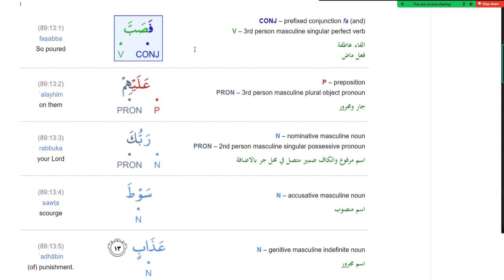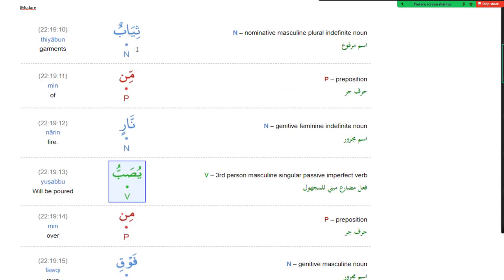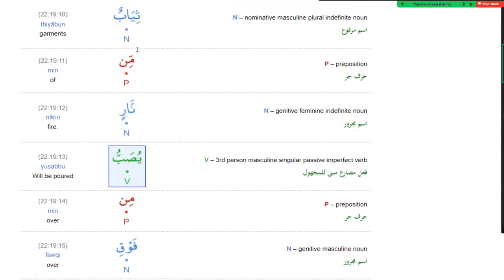صب is فعل ماضي هو. ثياب من نار يصب من فوق. Right. يصب. And notice that this is sabba yusabbu, right? It's not yusibbu, right? And you all know because they belong to different bab. Like if it is nasara yansuru, it's gonna be madda yamuddu, right? So different. If it belongs to different bab, they will have the different. The middle letter is variable here.